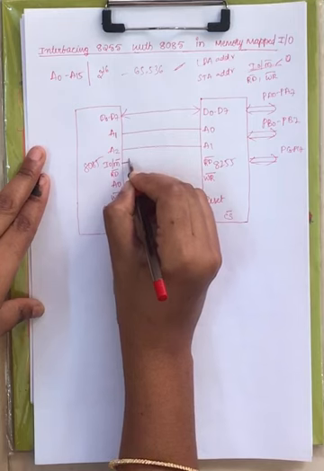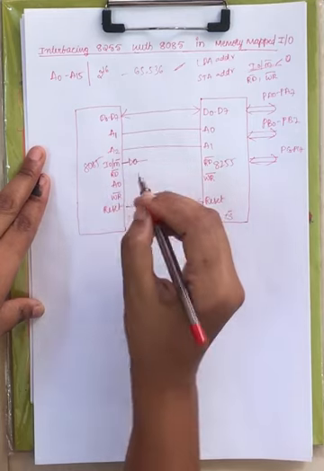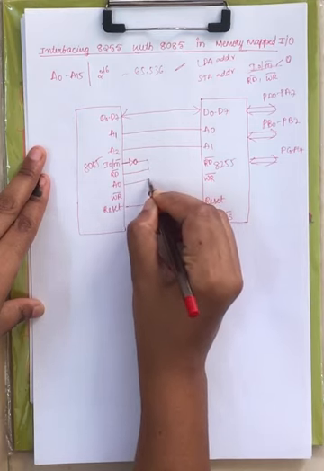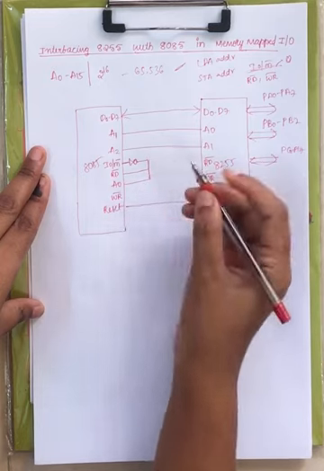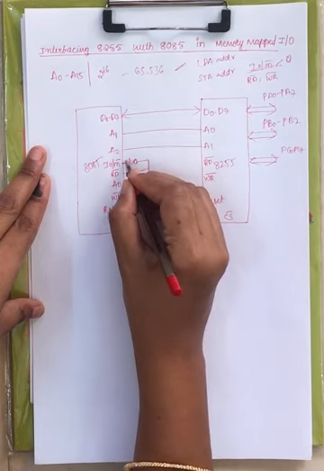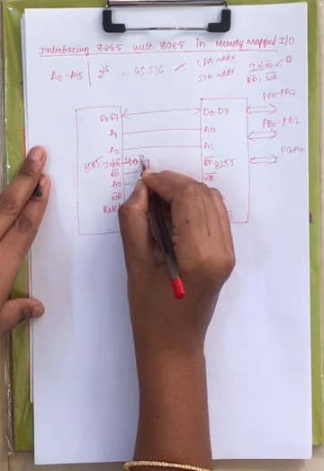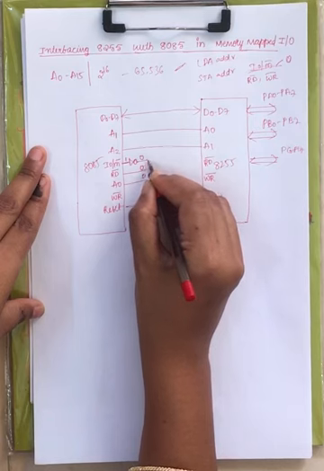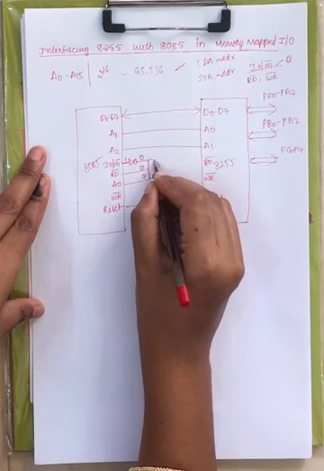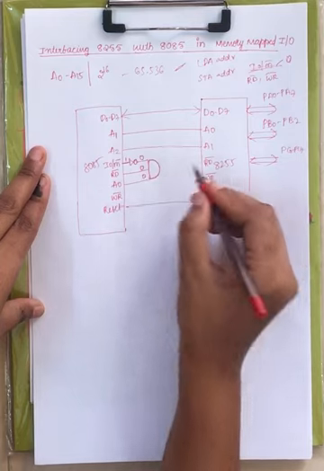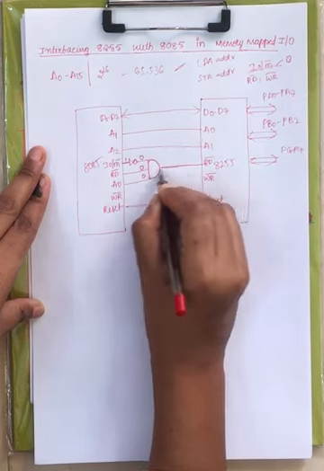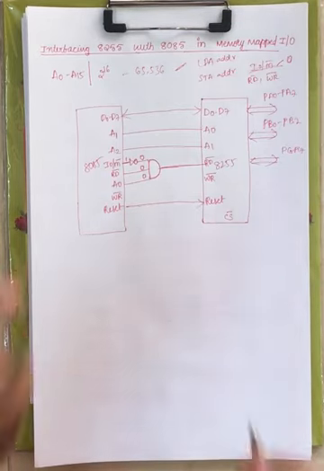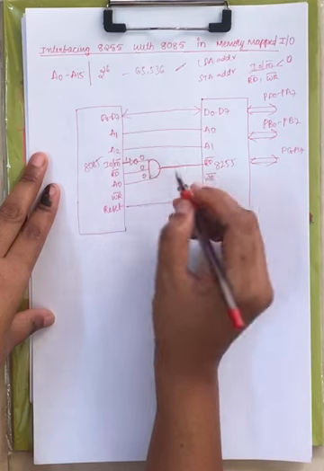Now this is inverted. Now along with the read signal and along with A0, this is logic 1. After inverting you will get 0. Now in order to read the data, this should be logic 0, A0 will be 0, right? Now this is AND gated. Now 0 0 directly you can connect to the read signal. You can use any logic. I am saying again, you can use any logic such that the input to your read signal should be logic 0, right?